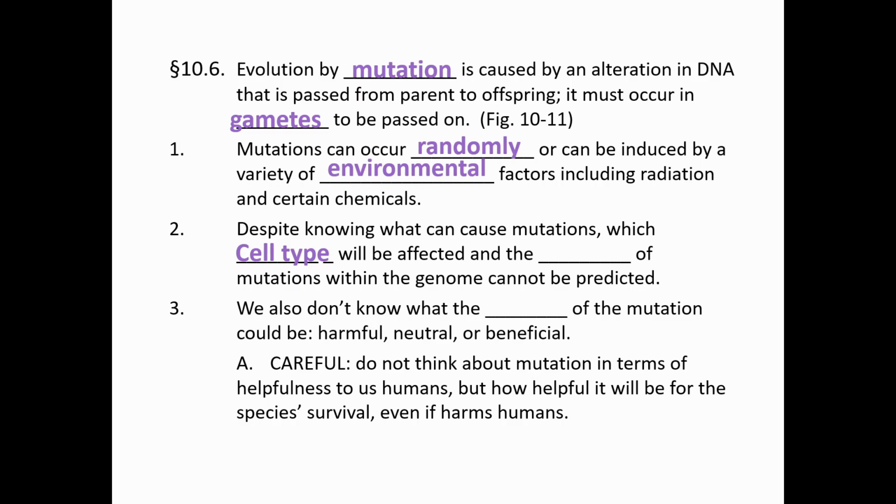Despite knowing what can cause mutations, which cell type will be affected and the location of the mutations, we cannot necessarily predict. We do see a lot of correlations. So if you are a smoker, you're more likely to get something like lung cancer. If you go tanning, you're more likely to get skin cancer, but we can't tell you exactly where in the